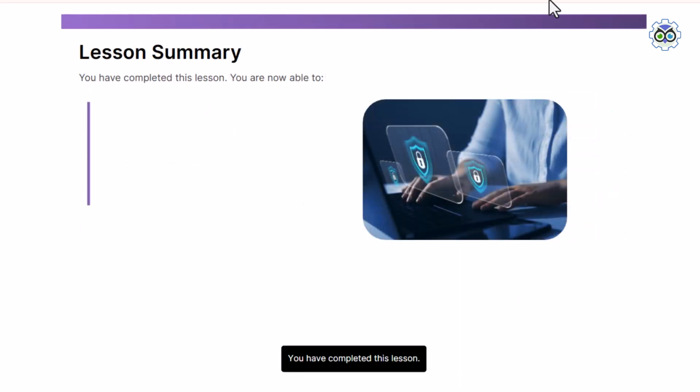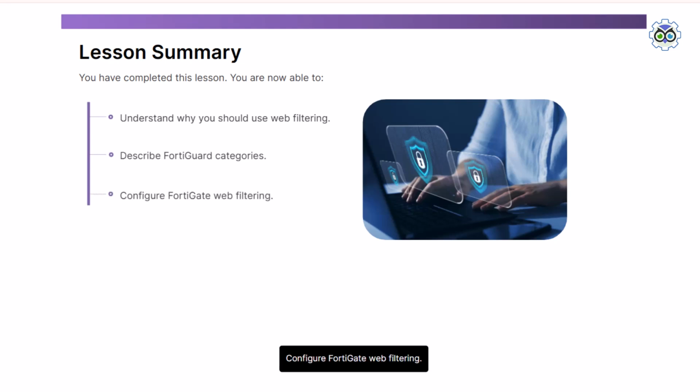You have completed this lesson. You are now able to understand why you should use web filtering, describe FortiGuard categories, configure FortiGate web filtering,